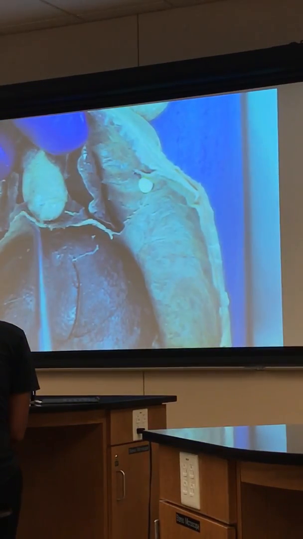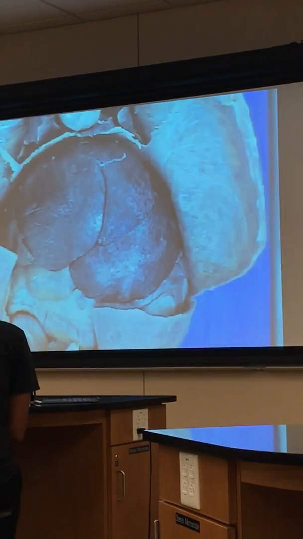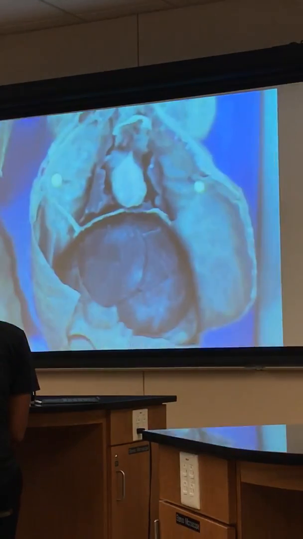See this muscle right here? That's the diaphragm right here. So the diaphragm separates the thoracic cavity from the abdominal cavity. And in the abdominal cavity, one of the big things that you're looking at right here